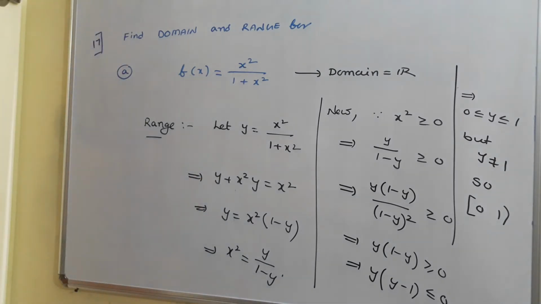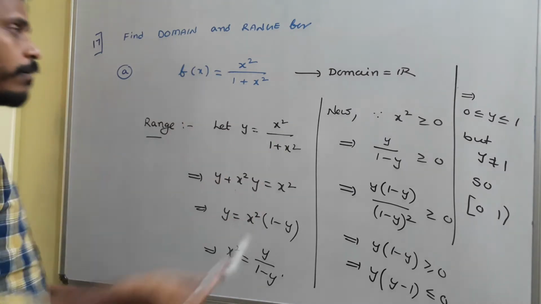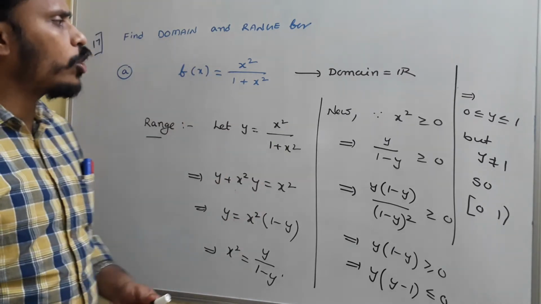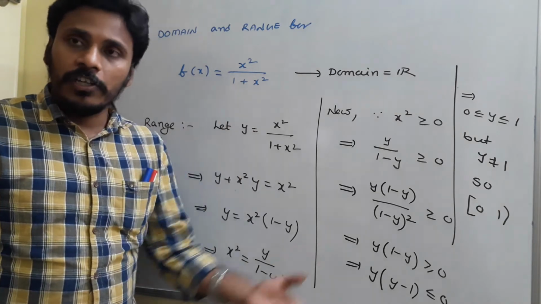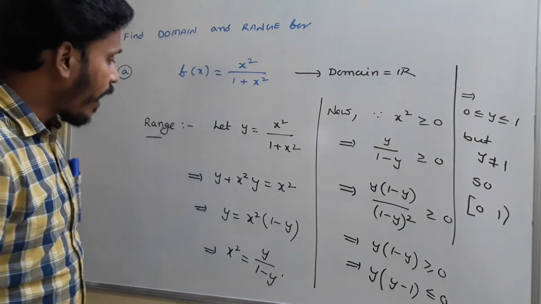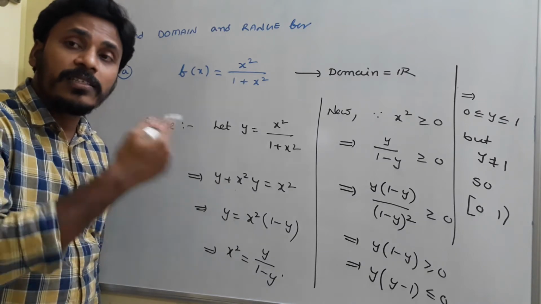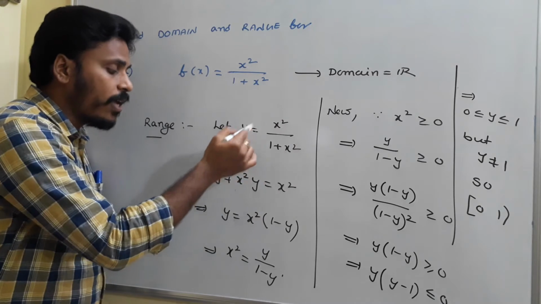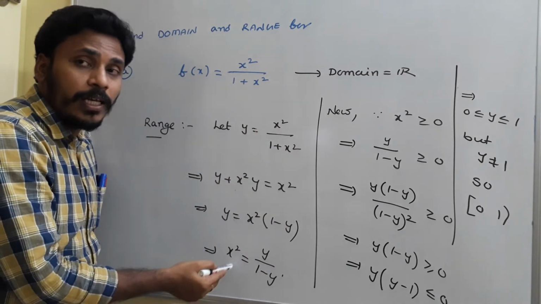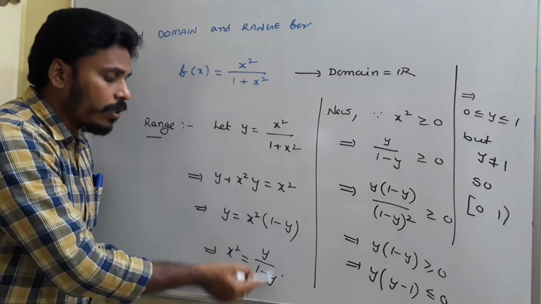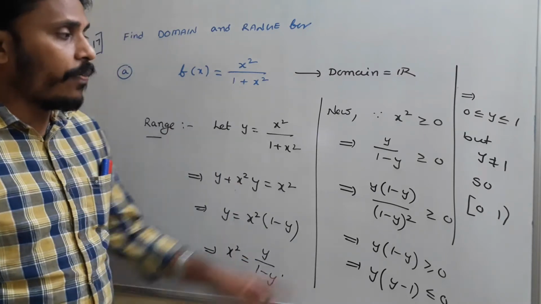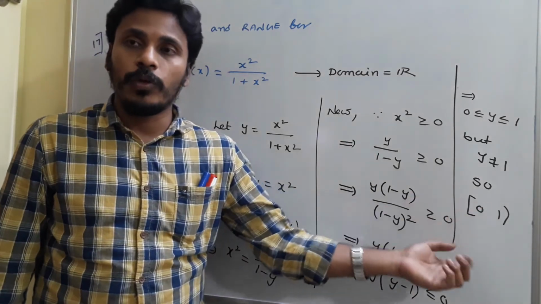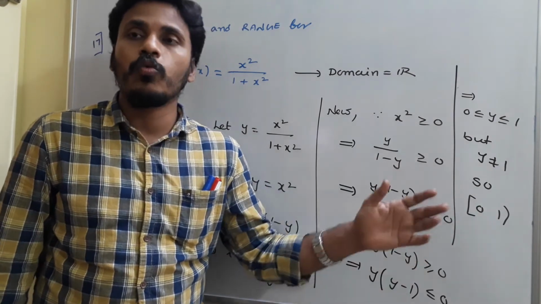So this is the way of calculating the range for the given function. The function is x square by 1 plus x square. For that function, the domain is all the real numbers. Why? Because you just take any real value in the place of x, no problem, for sure the function exists and its value is real. Whereas when you think about the range, it is the values of this particular expression. So you take that expression as y and make x square the subject. And since x square is greater than or equals to 0, this expression in terms of y should be positive. That's why from there we restricted y to the interval closed 0 to open 1.